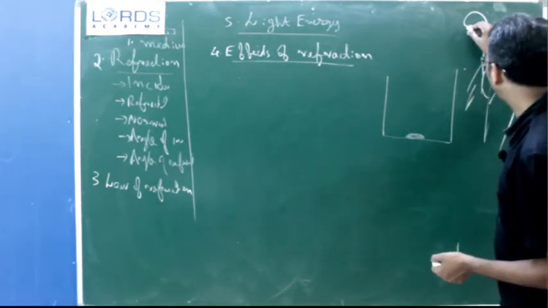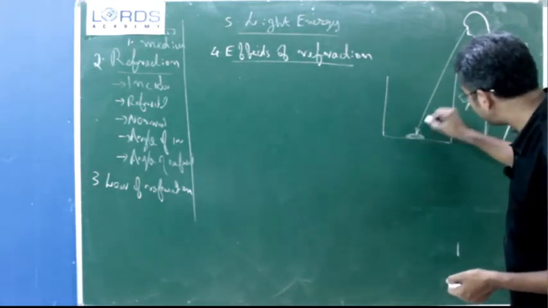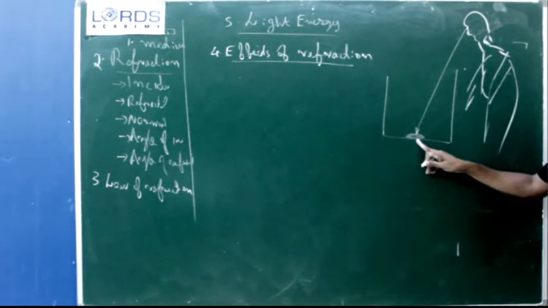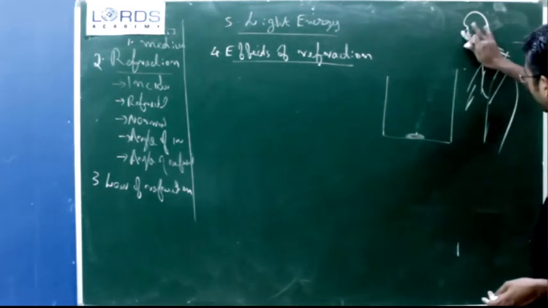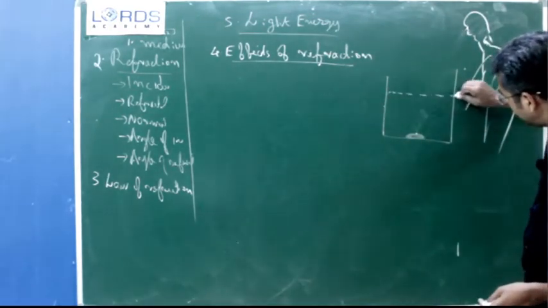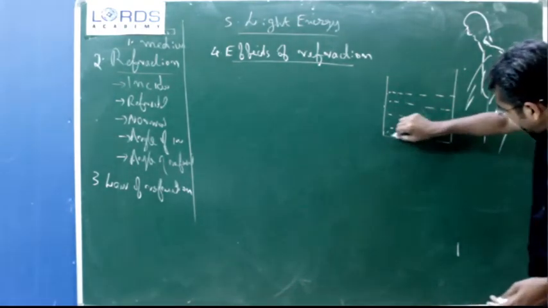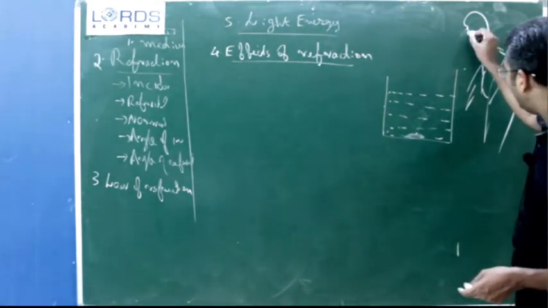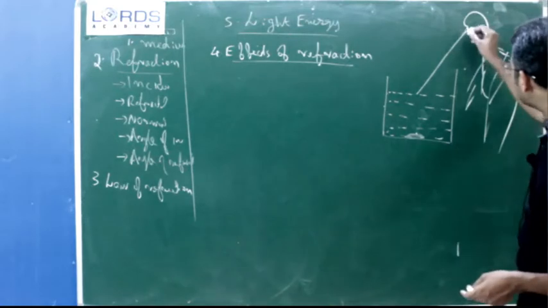So, you are looking from here. You can see the coin here in the down part. But think, I am giving another situation: we are pouring water. We poured water here. Now we are looking here, the light ray is coming from